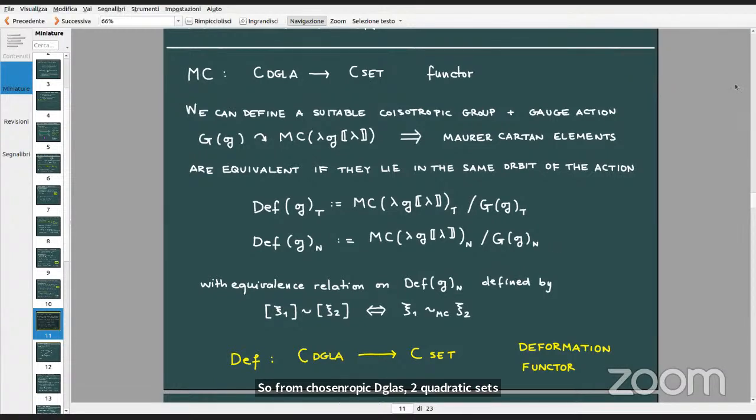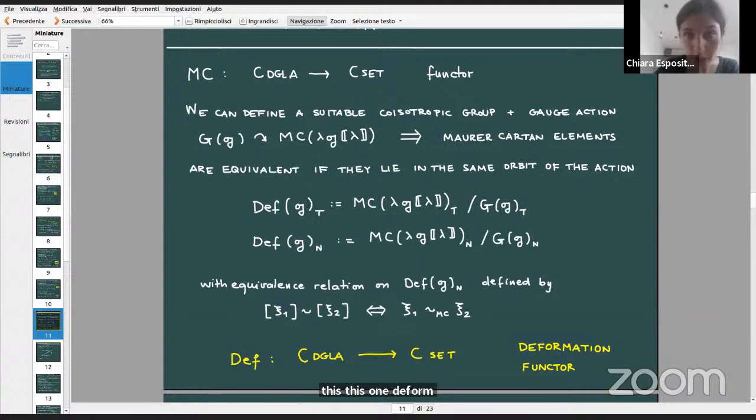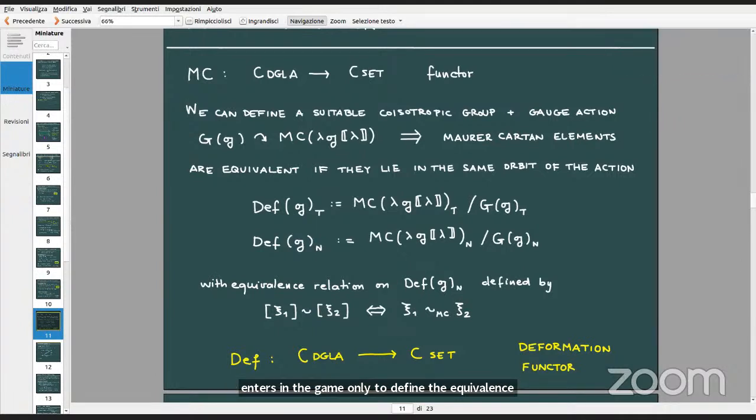Chiara, maybe I haven't got it. So you have a Maurer-Cartan element for T and for N. What about for G naught? How does this one deform? For the zero component, no, the zero component enters in the game only to define the equivalence relation. Oh, but in principle, it should be a DGLA, which may also be deformed. And now you're saying the two deformations, the deformation of GT and GN, do not quite agree exactly on G